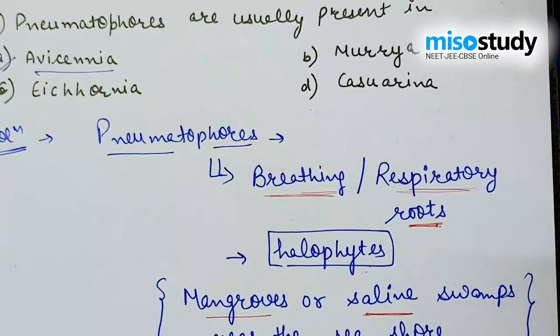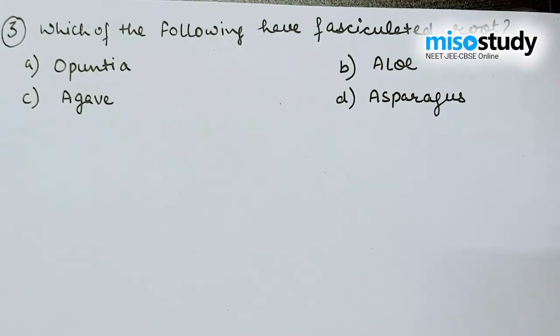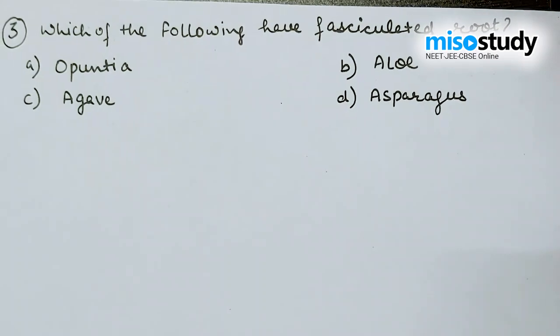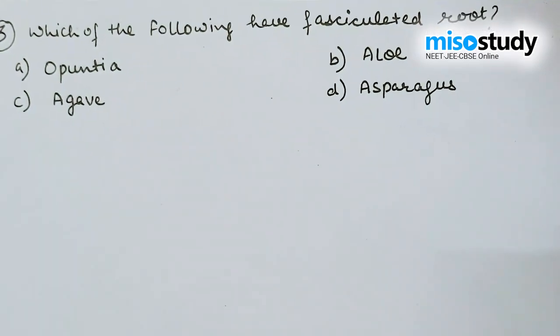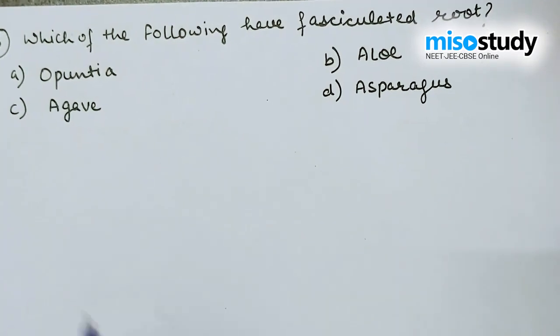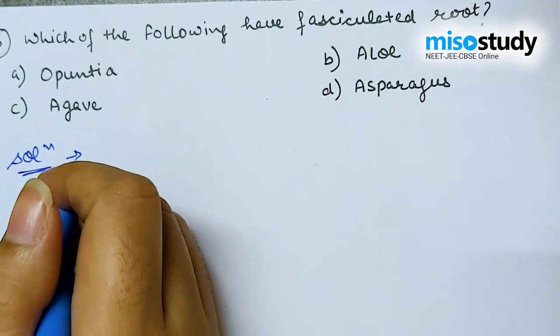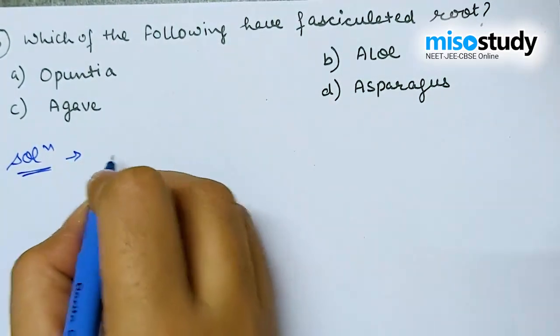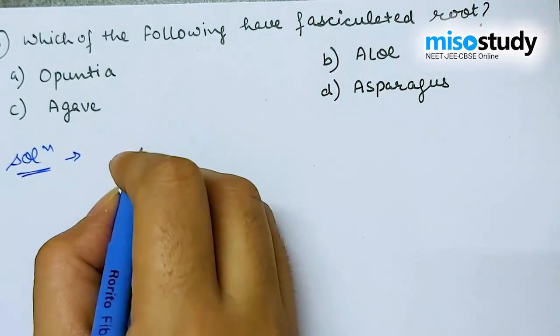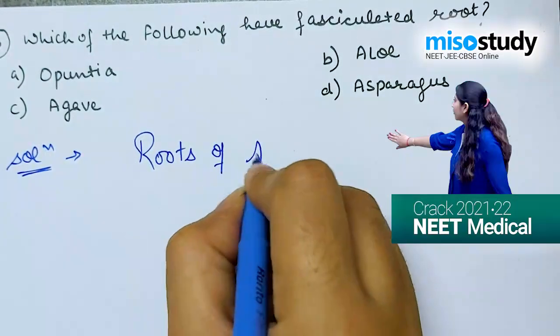The next question from Morphology of Flowering Plants is, which of the following have fasciculated roots? Option A, Opuntia, B, Aloe, C, Agave, and D, Asparagus. When we discuss fasciculated roots, we also know this is a part of adventitious roots and that are present in roots of